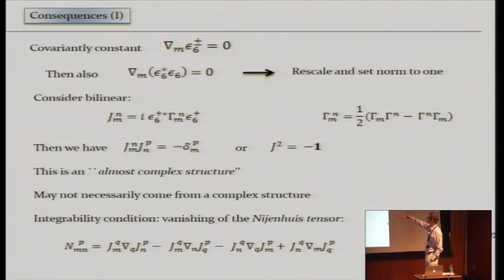With the I in here, this better be a real tensor. And if you do some calculations with spinor calculus, then you find that if you take J_m^n, J_n^p, and sum over n, of course, Einstein's summation convention, that it's equal to minus delta^p_m. Or in other words, in symbolic notation, J squared is minus 1. Okay? So we have a real tensor which squares to minus 1. So an endomorphism of the tangent bundle which squares to minus 1.